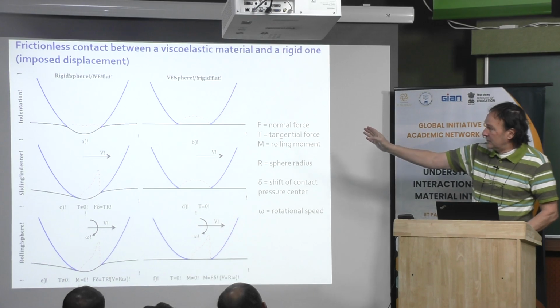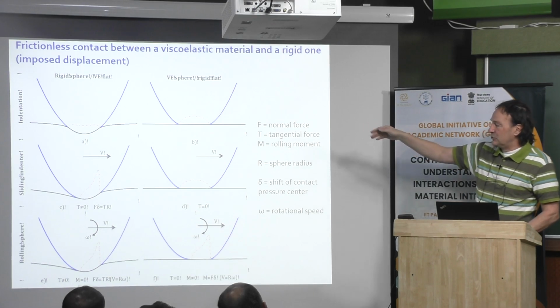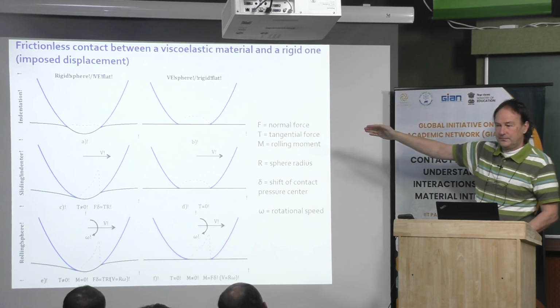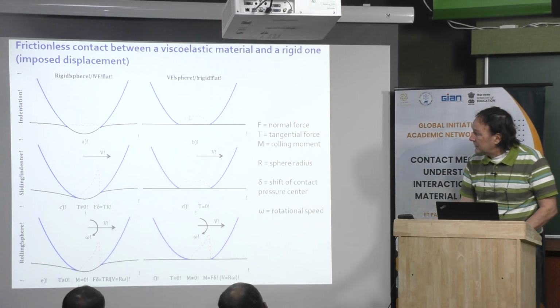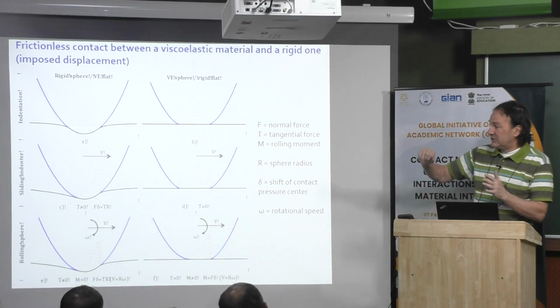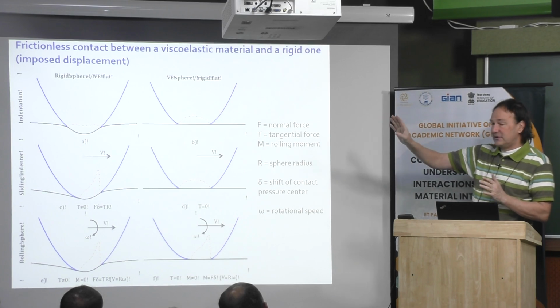Then on the right side, you have a viscoelastic sphere this time. This is the top body that is deformed, and the bottom one is rigid. For example, if you take the pressure in the center here, from this point to this point, this distance is the same as from this point to this point. If you take a pressure somewhere else, not at the center, but for example here, from this point to this point, the distance is the same as from this point to this point, which is in the oblique direction. What I would like to say is that on the left and on the right, you have the same pressure.